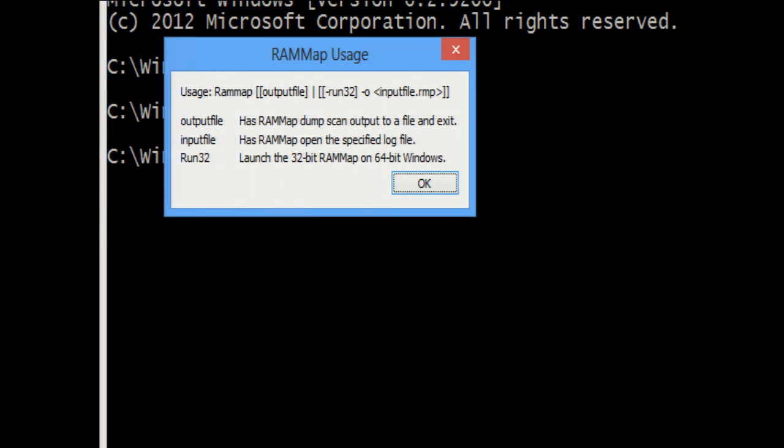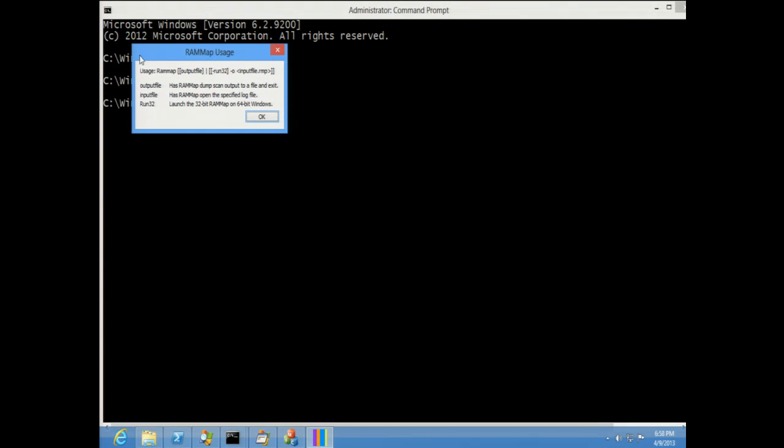It has added options so that you can run it and immediately save the data right to disk without having to open up the GUI and click Control-S or anything like that. One of the things I do want to point out is if you save one of these files on a 32-bit machine and then open it on a 64-bit machine, the formats for 64 and 32-bit RAM map files are different, so you need to specify -run32 when you're opening a 32-bit RAM map dump file.